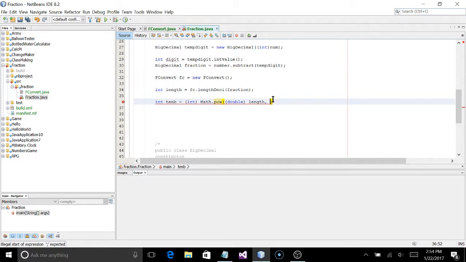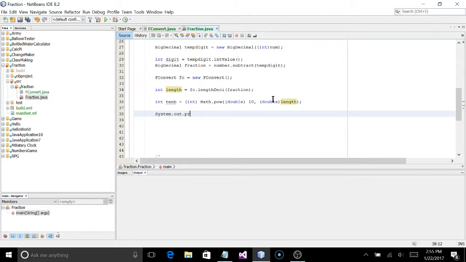So double not length 10, and we're going to do it to the power of what our length was. Yep, no errors. And now if we do system.out.println, we're going to get,